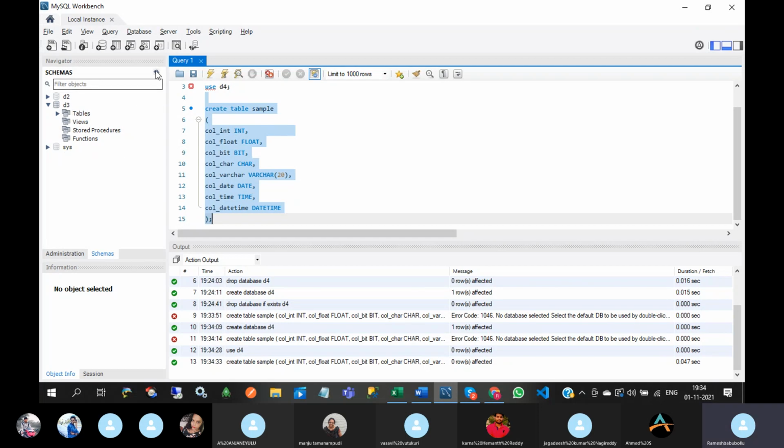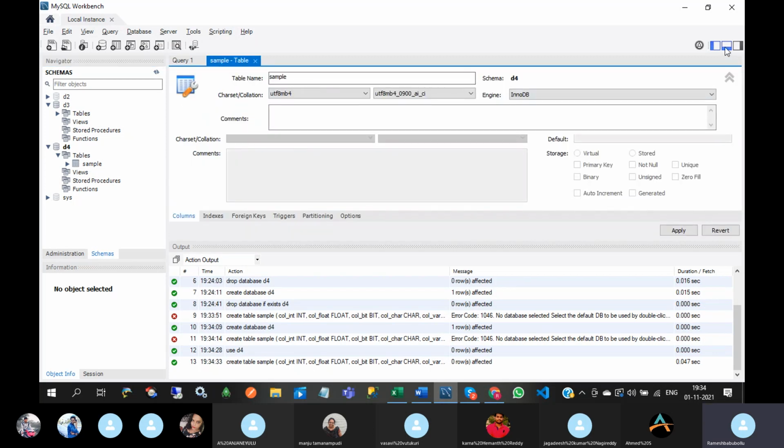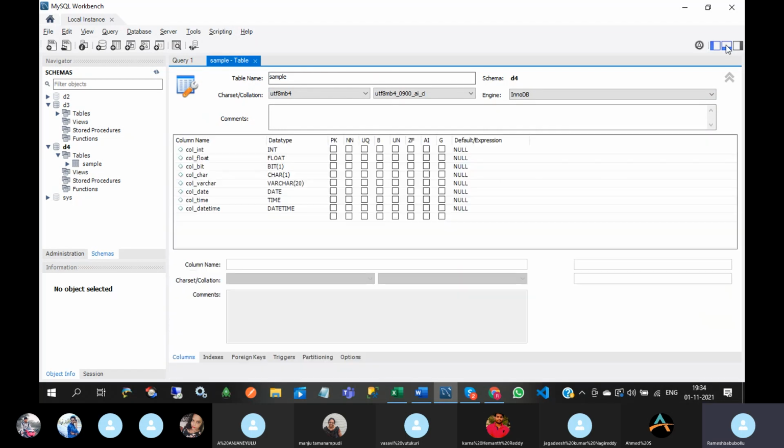Here, this is the refresh. This one table is created: sample. See this. Go to the second one and click on this middle one. You can see the column names with data types that you have created.